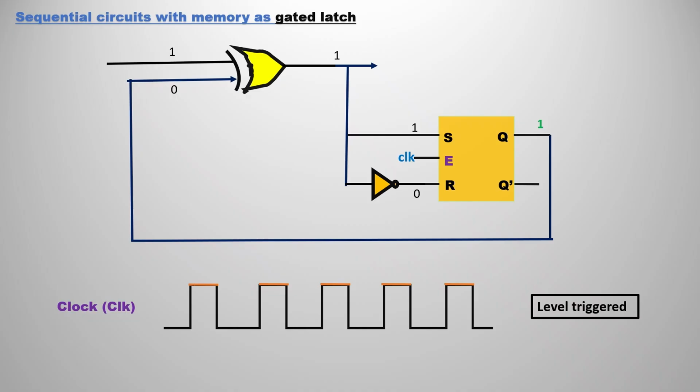For the XOR gate the output is 1. The output is distributed to the SR latch. One input is directly applied to S and the other is applied as a complement, 0. We already know S means set here and R means reset, so this is known as the gated set-reset latch. If you see here, set is passing as 1. So set is high, and the output will be set, that is Q equals 1. Again Q is immediately passed to the XOR gate because it is fed back to the XOR gate.